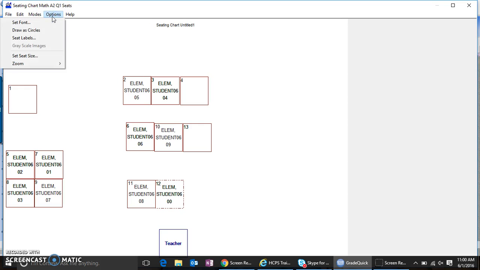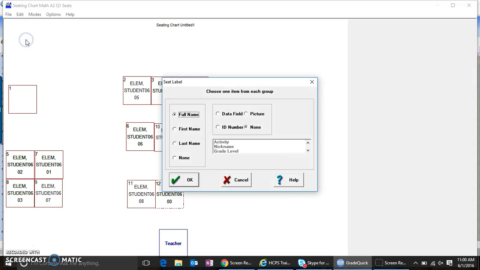I also have several options as far as my labels for my seat. So I can just put their full name, as it is right now, or I can choose just their first or their last name. If I've entered in nicknames, I can put those in. If my images have been loaded,